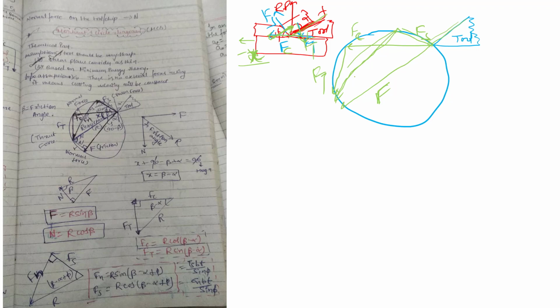and this is the resultant, and this is the normal force. This one is the normal force, this is the second normal force, this is the resultant force, this is the thrust force. By calculating this we can find all the things, and this is alpha. So now find the other angles also. We need to find the other angles to conclude all the forces.